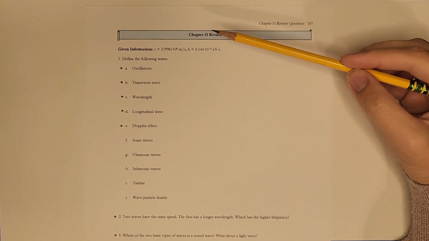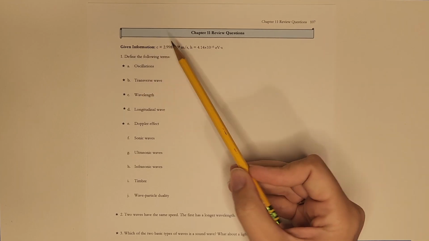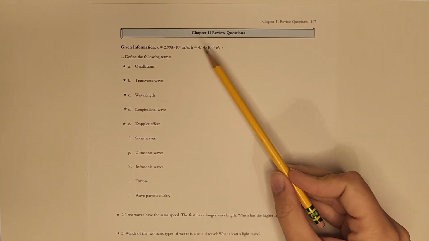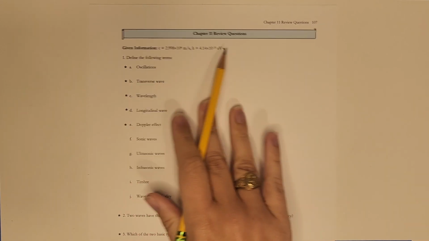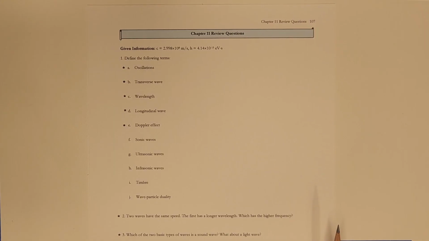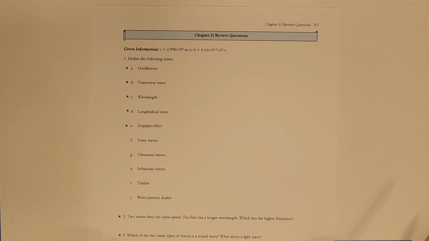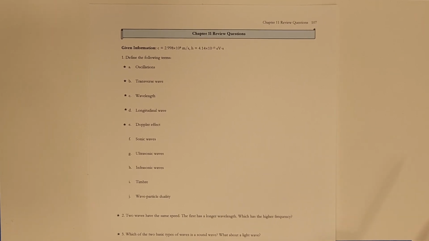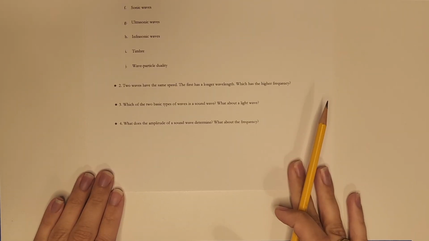Note that for these questions, we are given some of this information, which is the speed of light, c, and Planck's constant, h. And so we are able to refer back to those whenever we have problems that need those two values. And of course, those will be given on any exam as well. We're going to skip all of these definitions because we can easily get those from the book